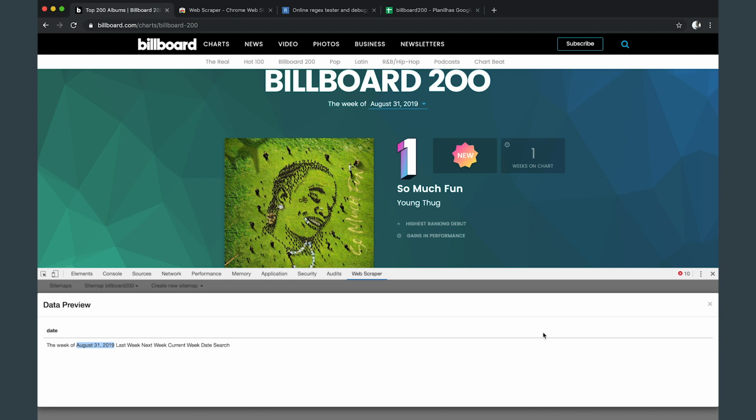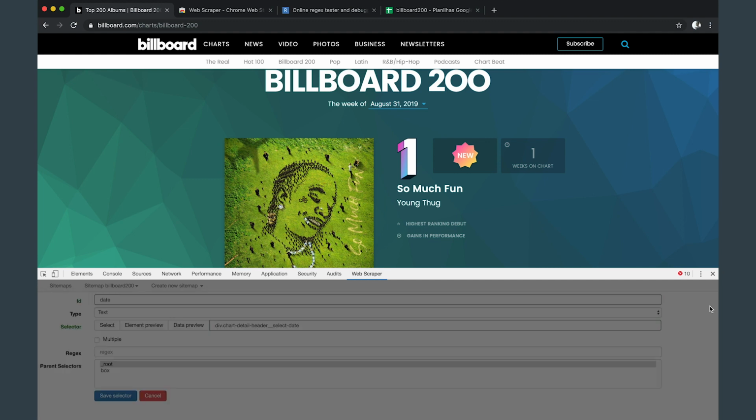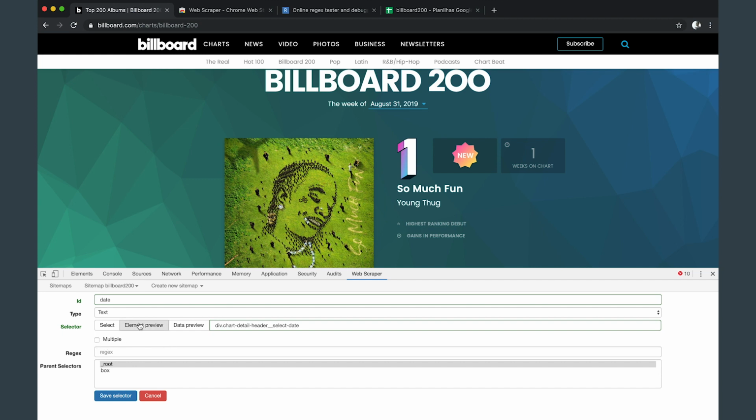I'm not going to go into details because I'm going to use regular expressions to do that. Feel free to Google regular expressions. There are great tutorials, great classes about regular expressions. They're very powerful, especially in programming. But thankfully, the web scraper also has a regex, or regular expression, field here that you can apply regular